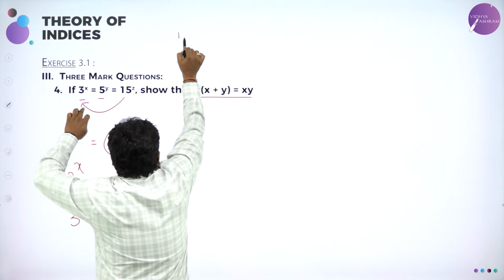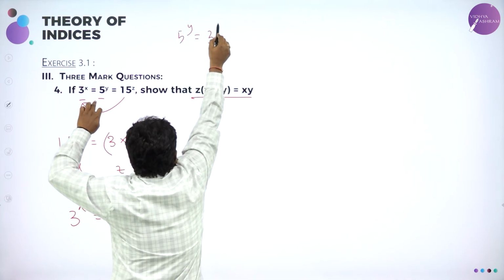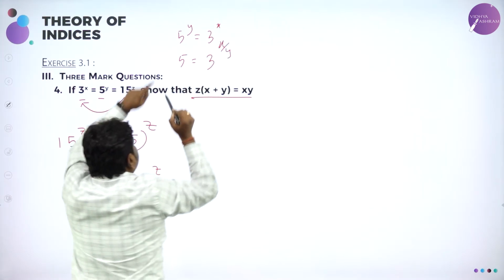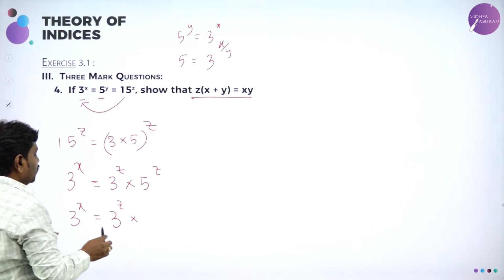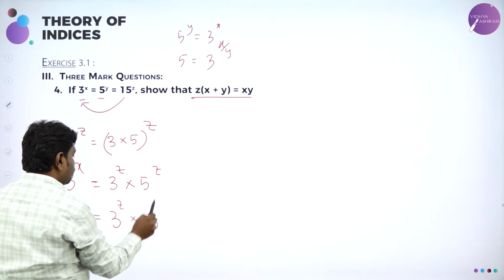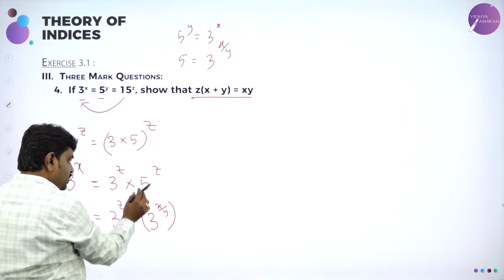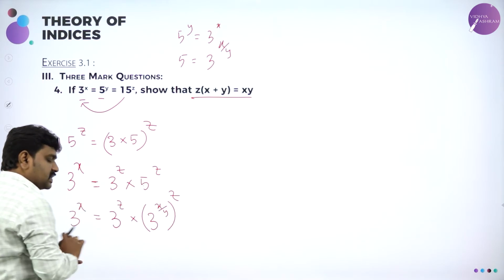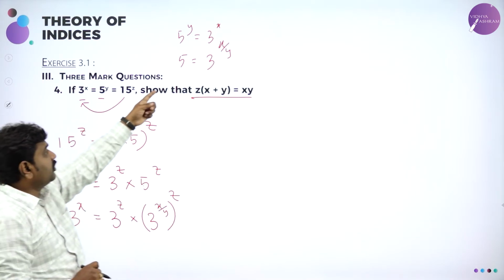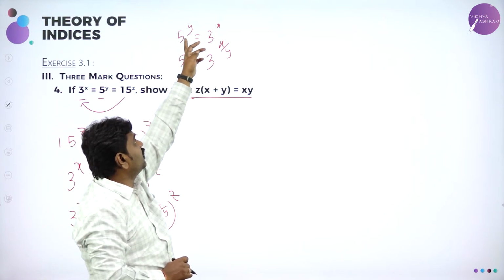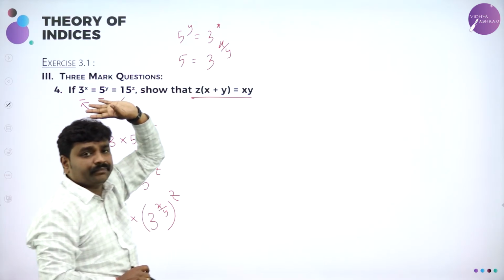So if you want to get 5 power z, first equate, see we have 5 power y is 3 power x. What is 5 from this? 5 will become 3 power x by y. If y goes that side, it will become divided by y. So now instead of 5, I'll write 3 power x by y, and power z is there, write z as it is. So 5 can be written as 3 power x by y, because 5 power y is 3 power x. The y, if it transfers that side, becomes divided by y.